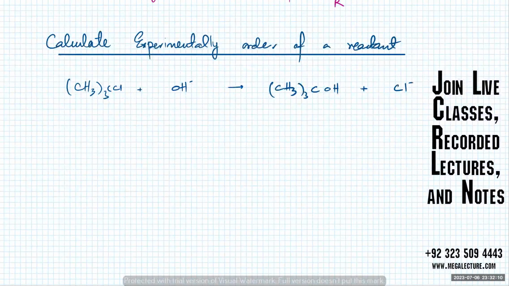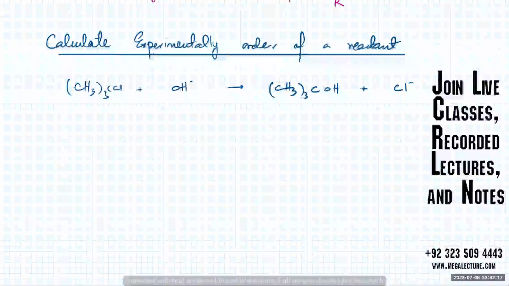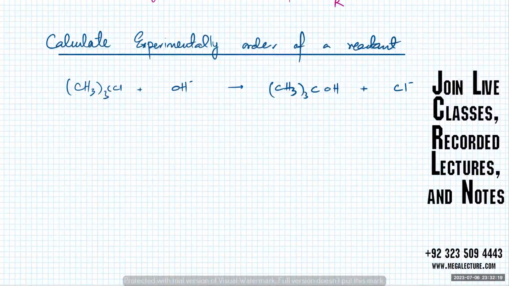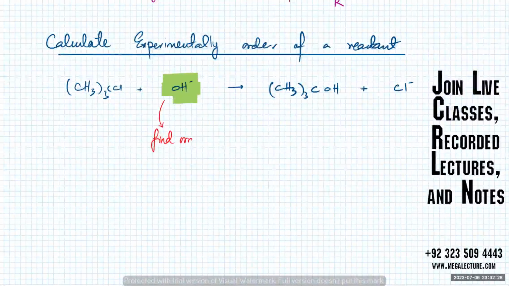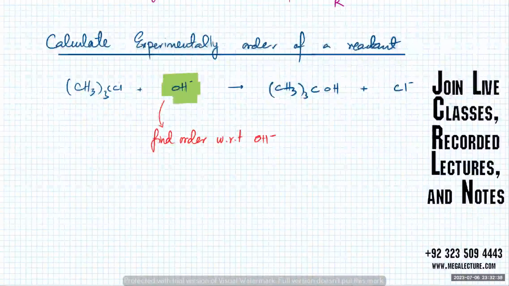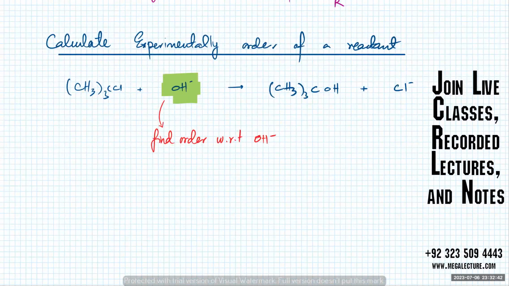Let's say you're given this reaction and you have to design an experiment where you find the order of reaction with respect to OH ions. So how are we going to perform this experiment? Now, the first thing is,